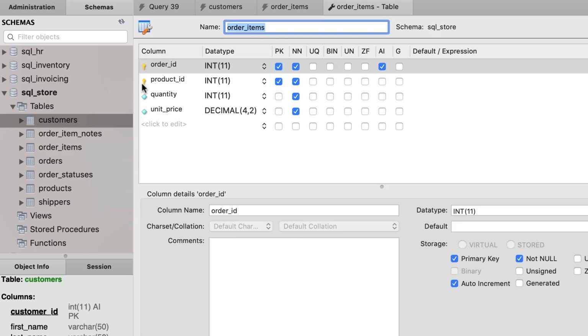Note that this yellow key that represents the primary key exists on both these columns. This is what we call a composite primary key. A composite primary key contains more than one column. Now, why does this matter? Well, when you have a table with a composite primary key, you need to learn how to join that table